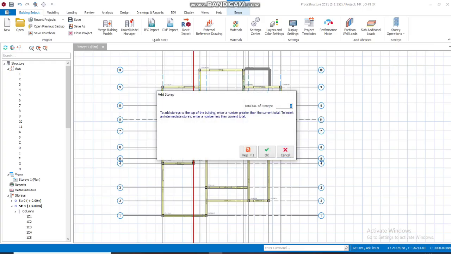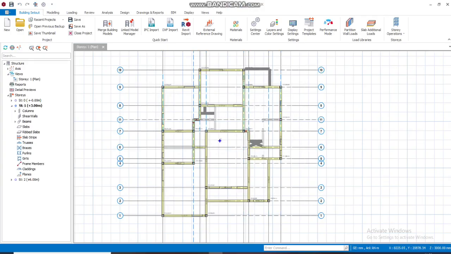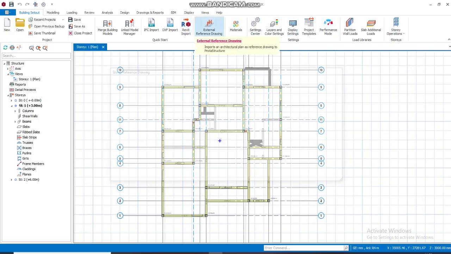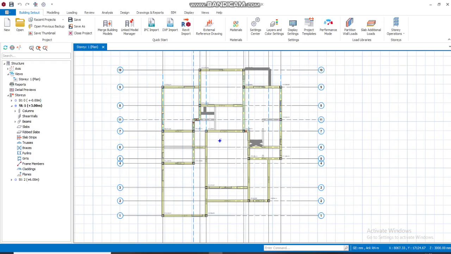So you generate story, insert the number of stories, insert 2 stories, 3 stories. You say okay. I have my first floor, which is story 2. Now generate story from story 1 to story 2. Okay, right here I'm